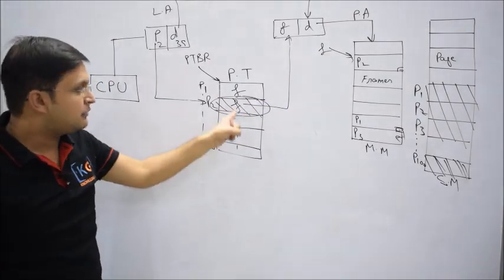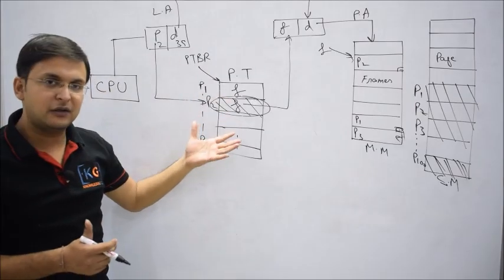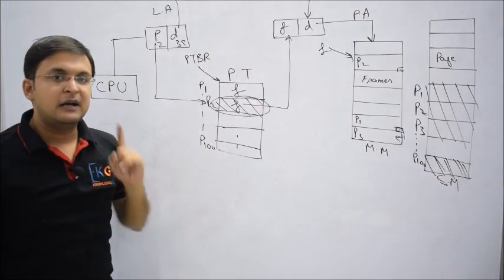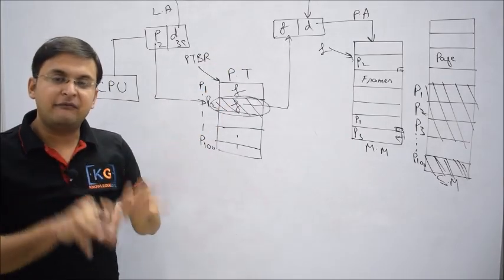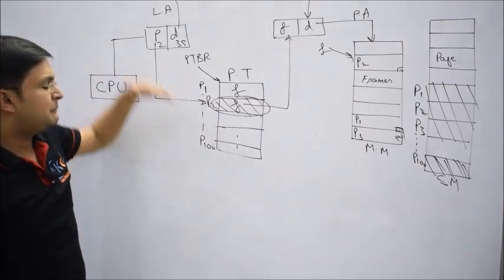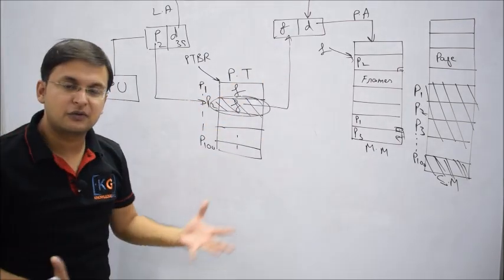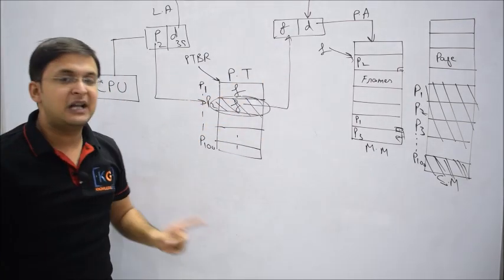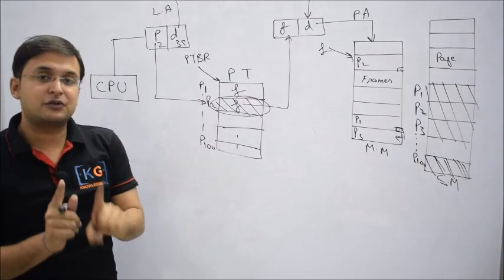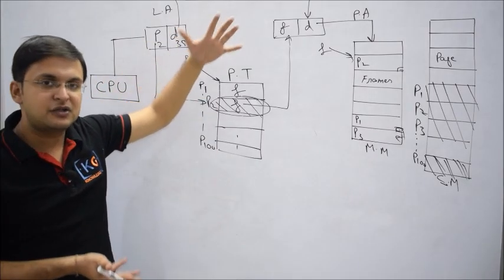You see, this page table is metadata, because it gives data about data. Yes or no, it contains data about data, that where my particular data is stored. So it is a penalty. Again, does the system have one page table, or for every process do we have an independent page table? For every process, because किसी process का page number 1 कहीं और store होगा और किसी और process का page number 1 कहीं और store हो सकता है. So every process will have an independent page table. It is one of those data structures which is actually not stored in the PCB, process control block, because it is very big in size most of the time.